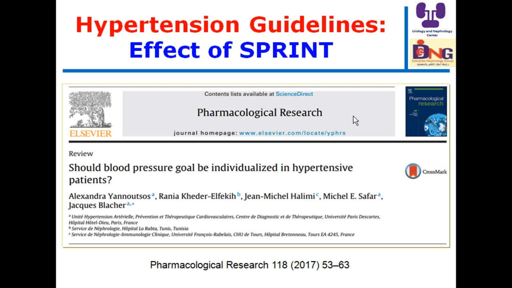Several practical questions have to be considered. First, using an automated measurement system at an office visit during the SPRINT protocol. This is completely different from the real practice we follow. While the patient was seated alone after 5 minutes of quiet rest, this may likely have resulted in lower blood pressure values than would normally be obtained with a routine blood pressure measurement. So it seems that 120 millimeters of mercury in the SPRINT trial is like 130 in real practice,